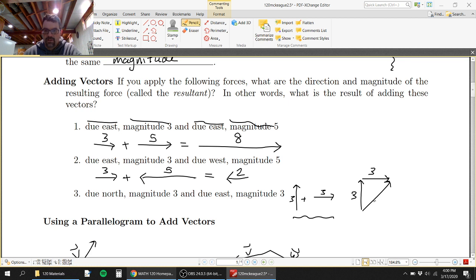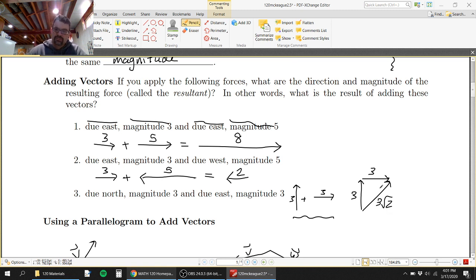And then the question is, well, how long is that guy? And the answer is not 6. This forms a nice little triangle, and you can do trigonometry or whatever to figure out how long that is. This is actually one of our nice 45, 45, 90 triangles, and you get 3 times the square root of 2. So in general,